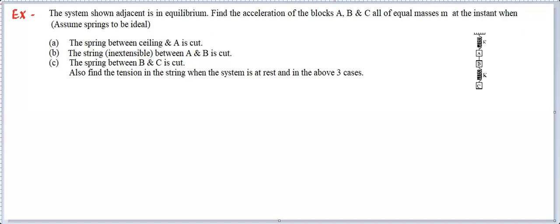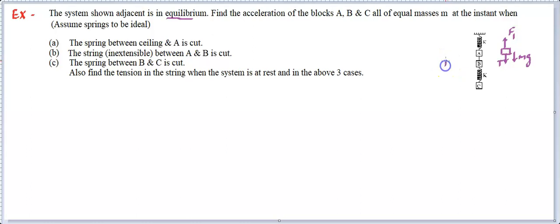I'm going to give you an idea that's most important. First of all, use the condition of equilibrium. So let's draw the free body diagram of A. If you watch A, you'll find there is going to be a spring force acting upside. Let's call that spring force F1. And there is going to be a tension acting downside. Let's call this tension T. There is going to be another force, mg, acting downside. So this will be the condition for A in equilibrium.